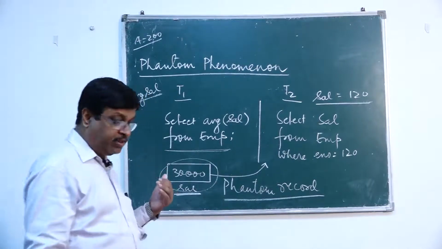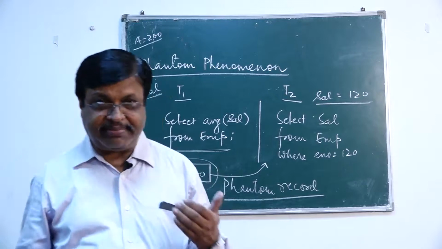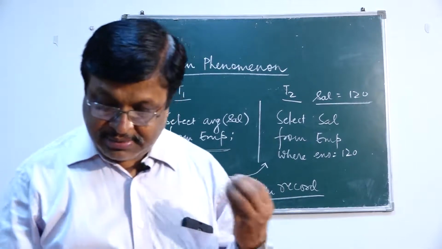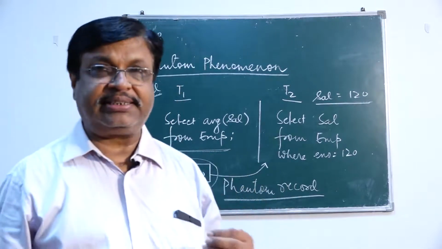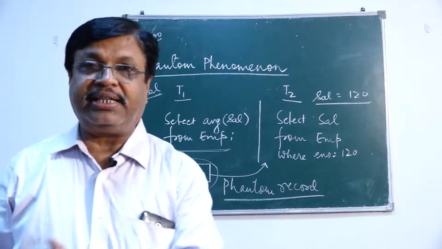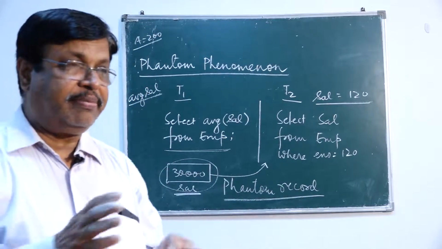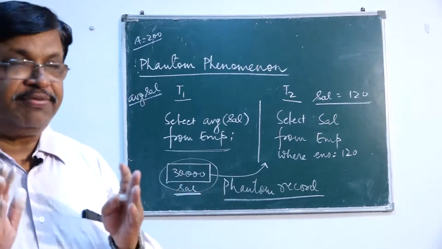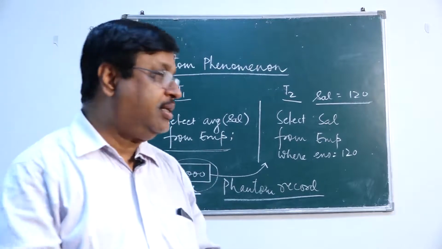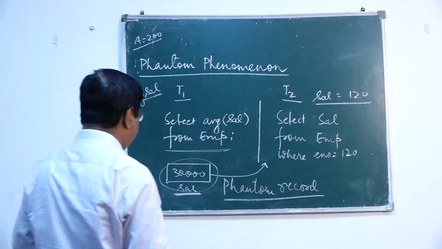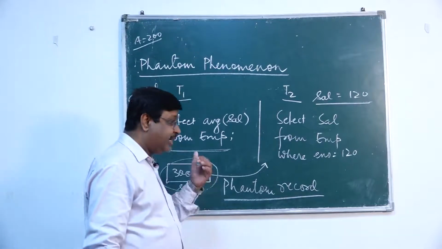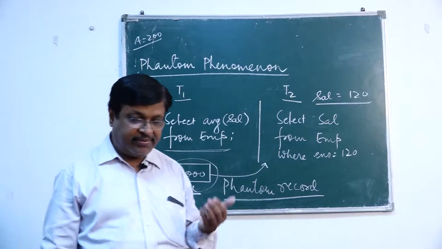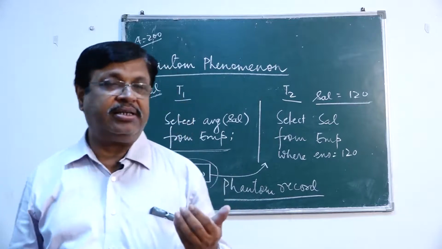In lost update problem, what happens? The updates made by one transaction are overwritten by another transaction. So, the update made by the previous transaction is wiped out, whereas in phantom phenomenon what happens? The transaction fetches data that is not the actual data, that is a phantom data or record,